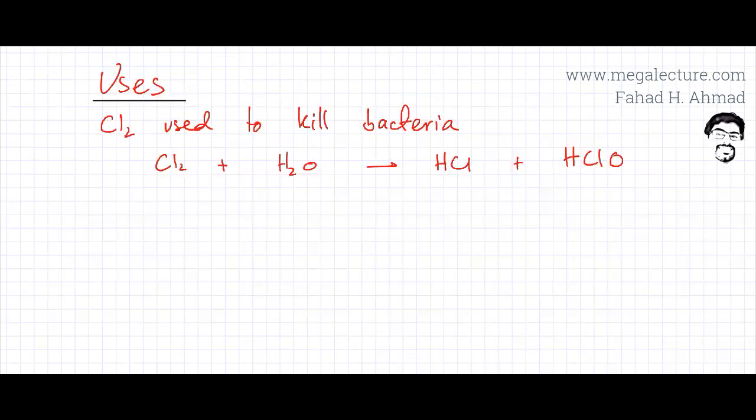dissolve. Now we're going to discuss the uses of halogens and the compounds. The first one is that chlorine is used to kill bacteria, especially in drinking water. What happens is that you add chlorine to water, it disproportionates and produces HCl and HClO. Now this chloric 1 acid that is being produced, it decomposes slowly in water to form HCl and produces oxygen atoms. These oxygen atoms are very reactive, and these oxygen atoms or oxygen radicals are then used to kill